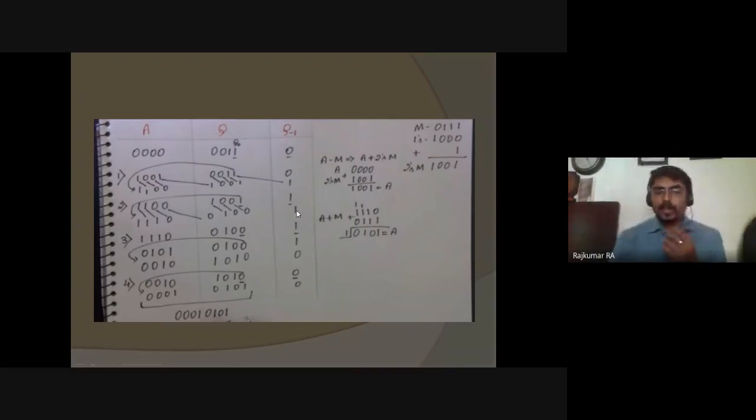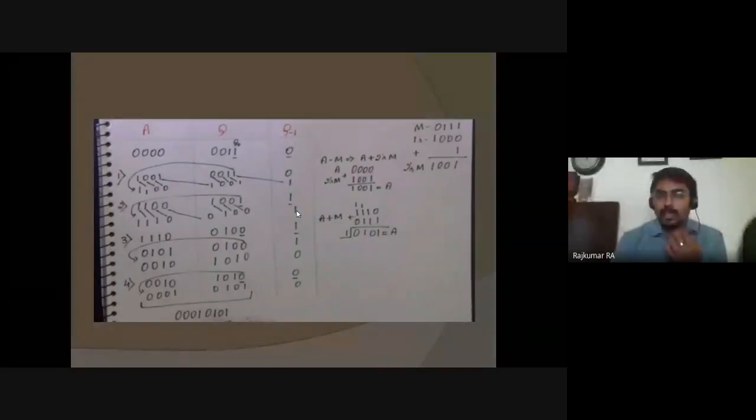Any doubt up to this? If you have any doubt, because each step is important, I have simplified it very much and then I'm giving it to you. As per the direct algorithm, it's very complex, but since you are from the basics, I'm simplifying it and then giving it to you. Up to this, do you have any doubt?